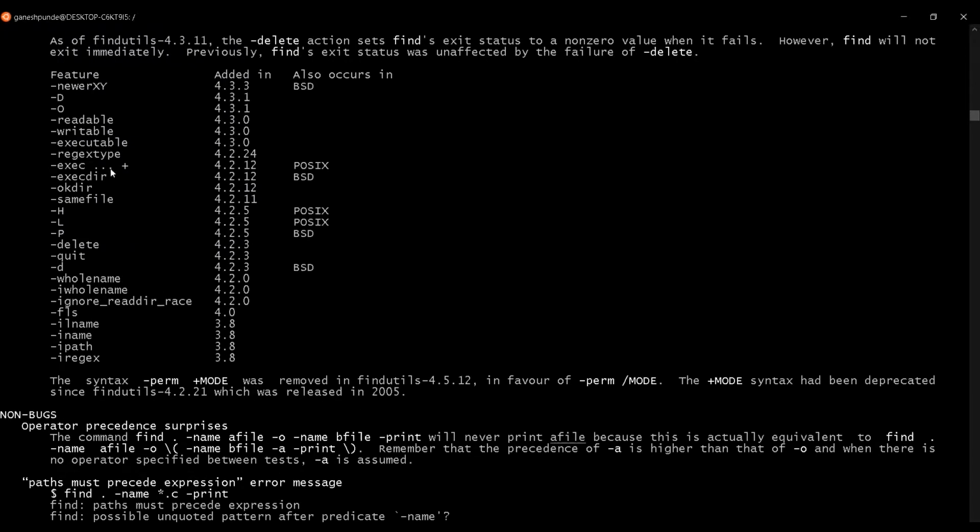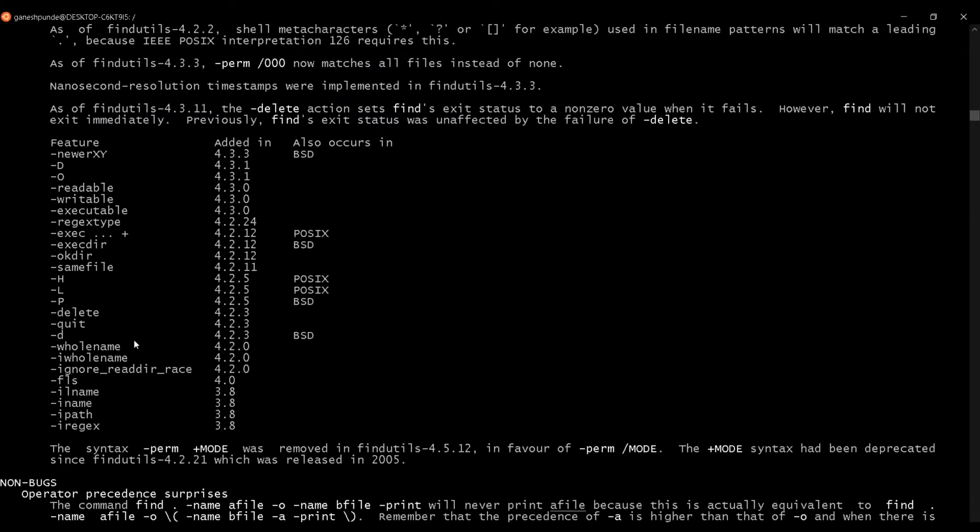See, now I don't know the option to limit the result. So what I will do, I will go into the help. This is the help, and in the help I will search for that.